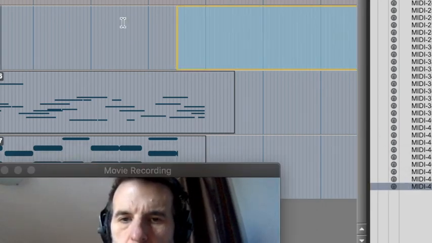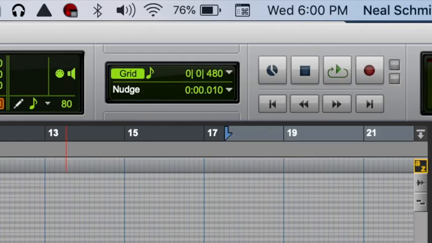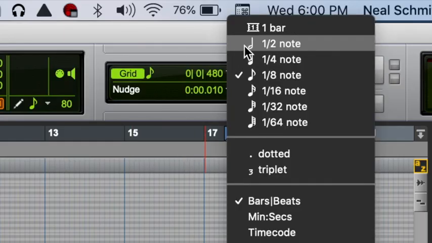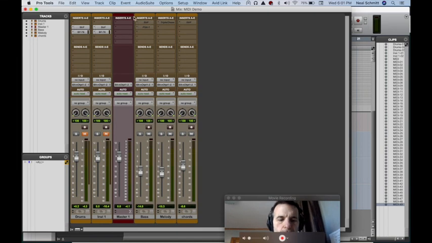It's right here. And I'm going to grab it right here. Now we still want to be in grid mode. And I'm going to change the grid to be a little bit bigger. So now we're dealing with half bar. And you can see I can put it right in the grid. So I've got to grab an instrument. So I've grabbed some things that already are working. So for instance,